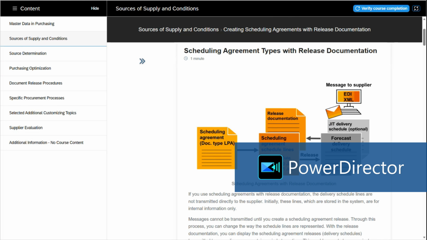So here, the previous one we have seen had a schedule agreement and delivery schedule. The delivery schedule only we are sending to the vendor directly, right? But here, the schedule lines will have two delivery schedule lines. One is forecast, second one is just in time. Whatever we create as a forecast delivery or just in time, they will be saved as a release documentation